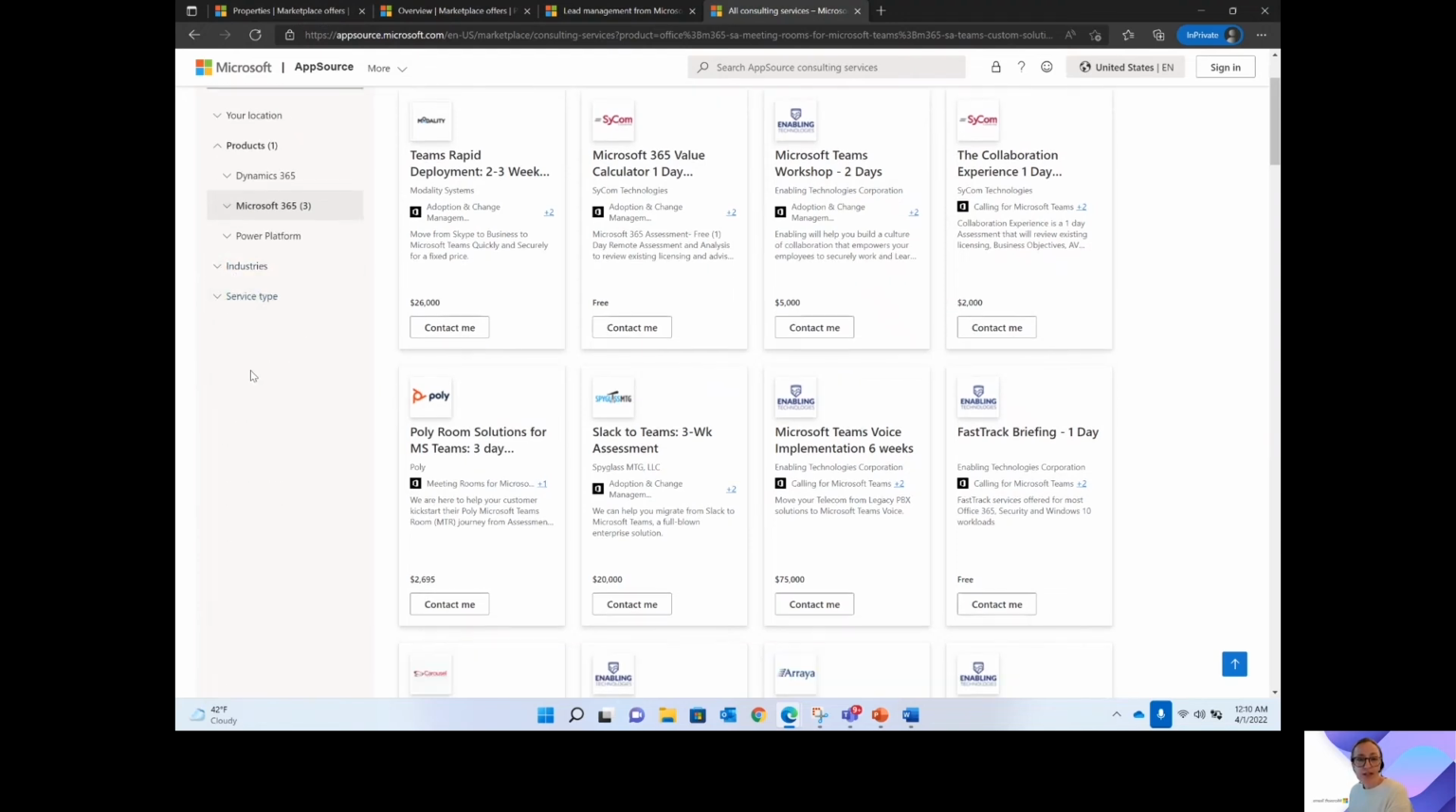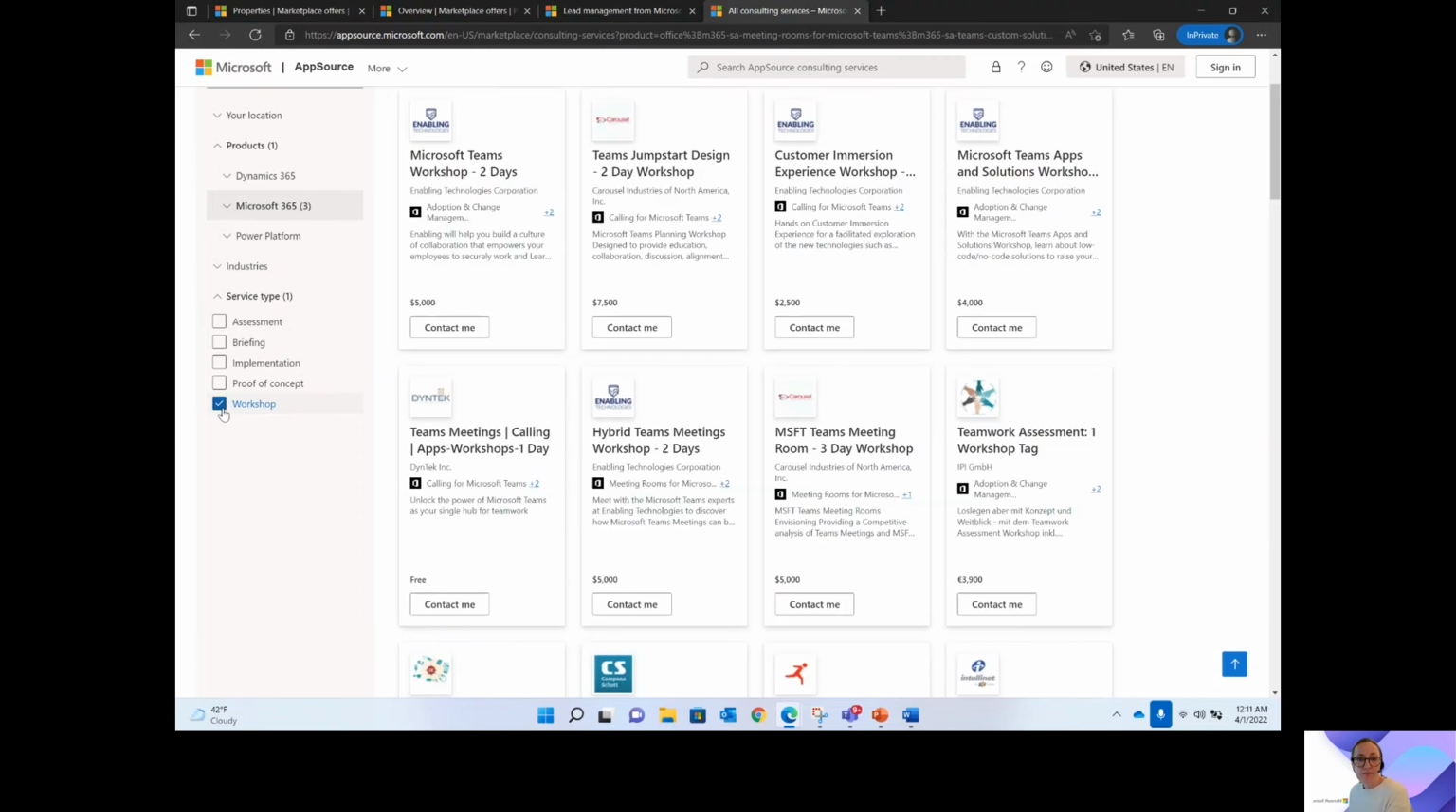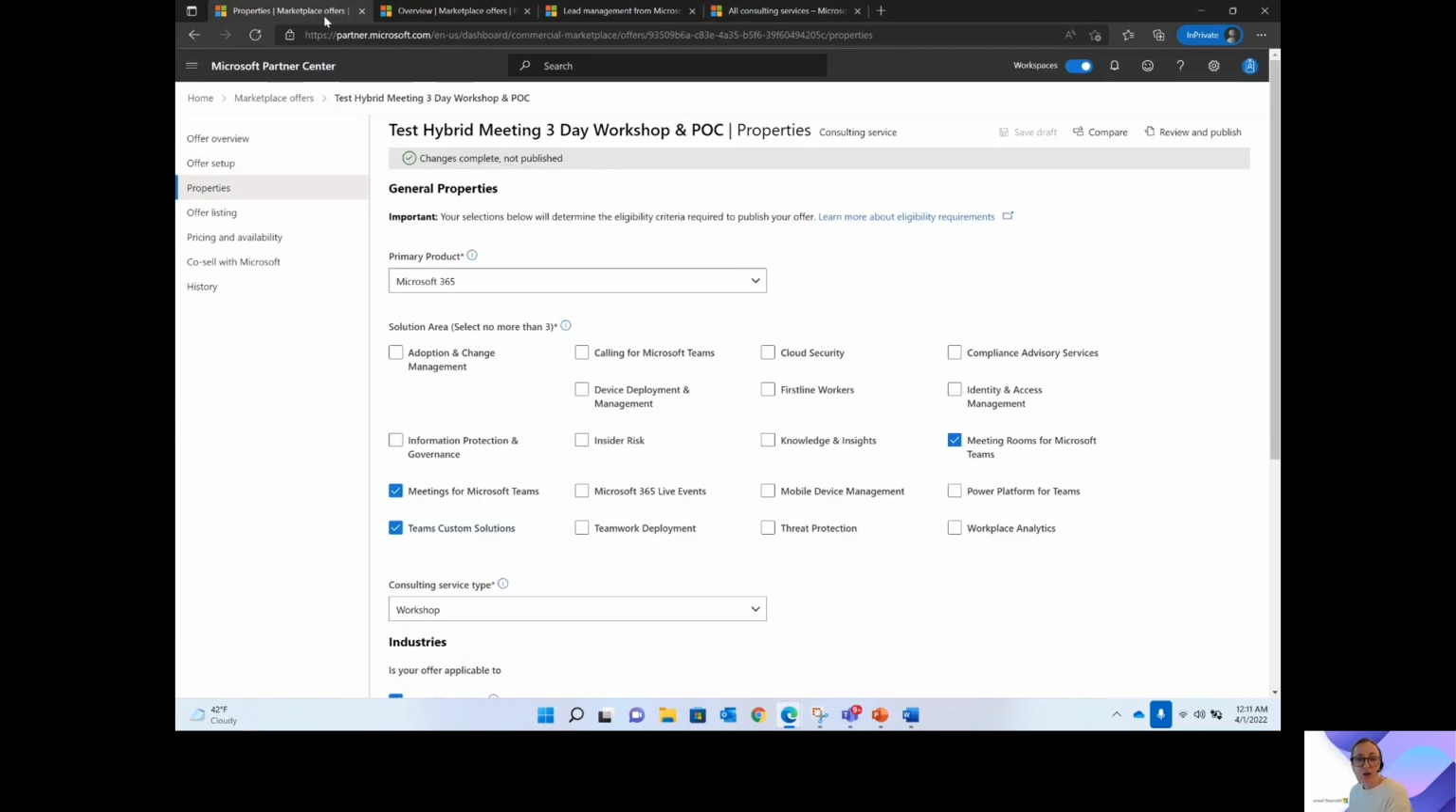Here's the industries and then the service type. So I only want to see workshops. Let's go back to our offer. So now that you have a better understanding of how the general properties work and how to best align your solution in ways that your customers could be searching in the catalog for you, we're going to move over to